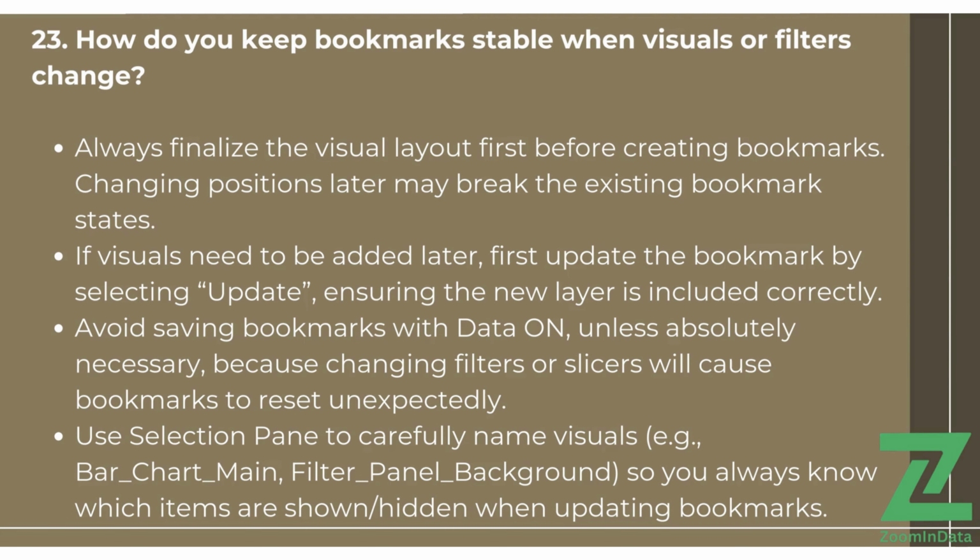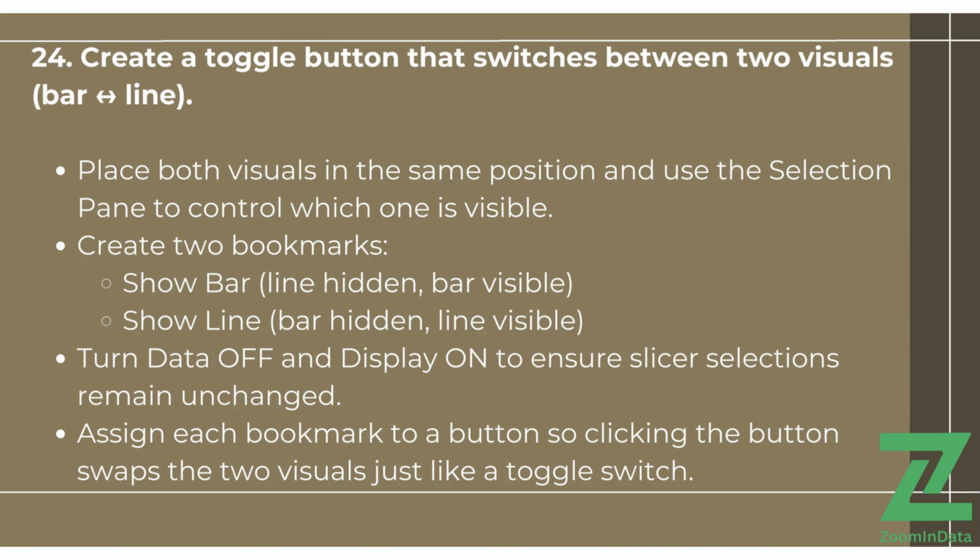You should avoid saving bookmarks with the data option turned on, unless it is absolutely required. When the data option is on, any change in slicers or filters will cause the bookmark to behave unpredictably and may reset the page. Use the selection pane and give clear names to every visual, for example, bar chart main, or filter panel background. Clear naming helps you understand which visuals should be shown or hidden when you update each bookmark. 24th question. How can you create a toggle button that switches between two visuals, such as a bar visual